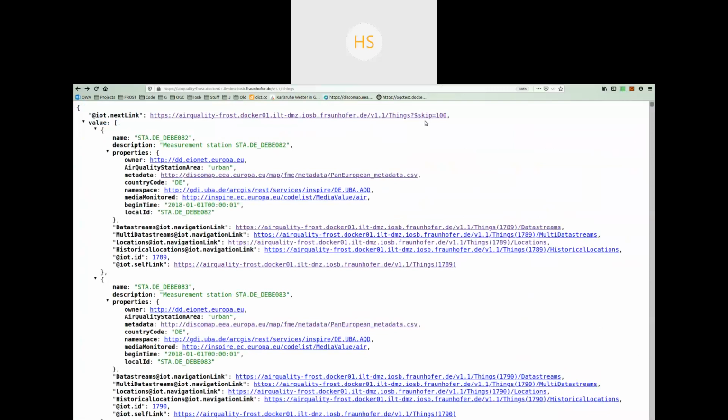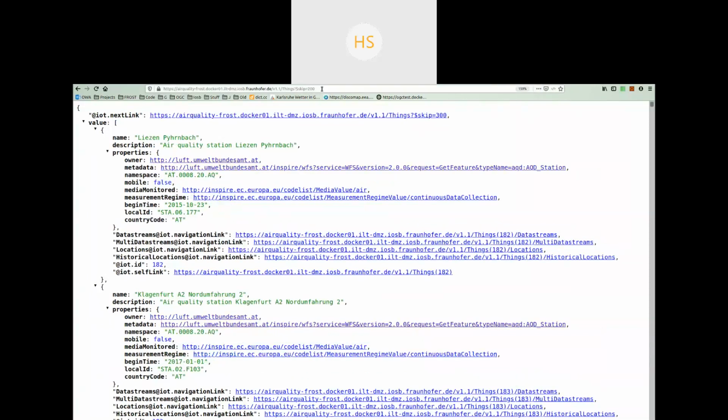So that's why every SensorThings service has paging on every page that potentially returns more than one entity. So here I have all the things, and there's a link at the top, next link, that takes me to the next 100 things. The server by default returns 100 things, and then the next page has a link to the next 100 things